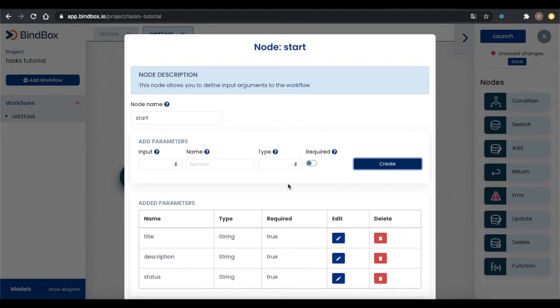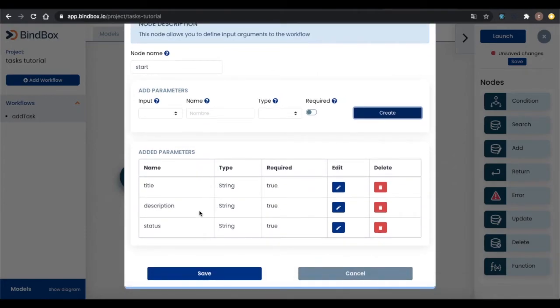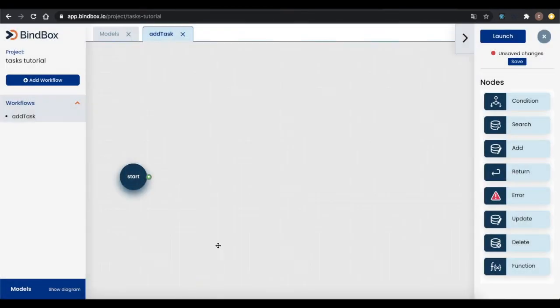To finish the node configuration, press the Save button. Now we must record the information received at the initial node into the database that was created automatically for this project. To create new records in the database, we use the Add node that we can find on the right side. To use them, we simply drag that node to the flow using the mouse